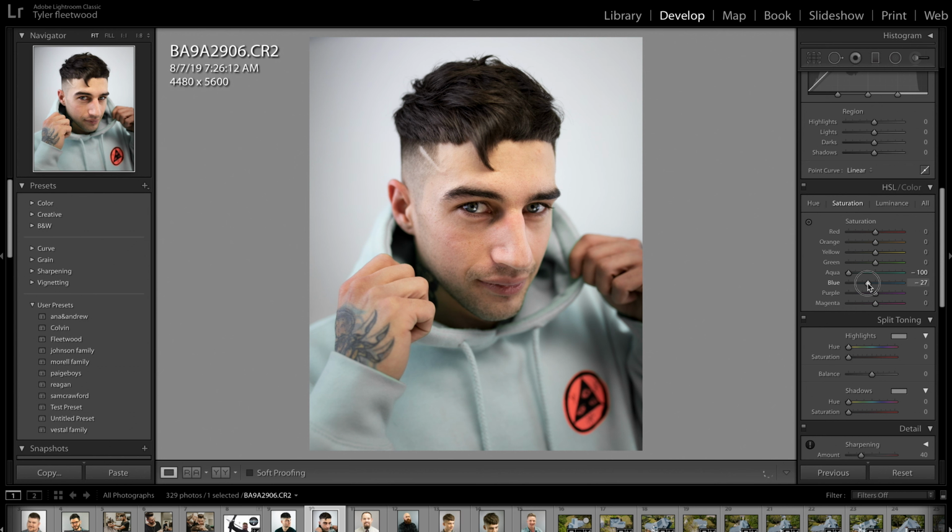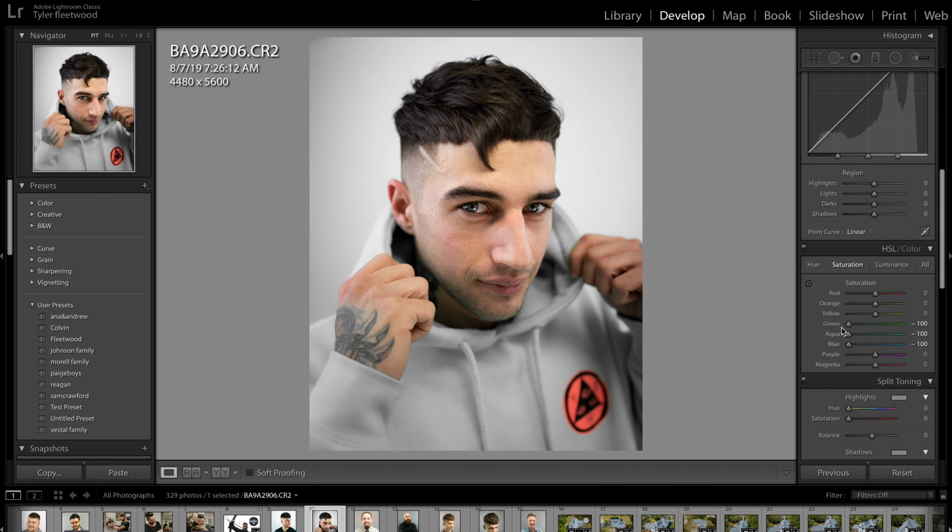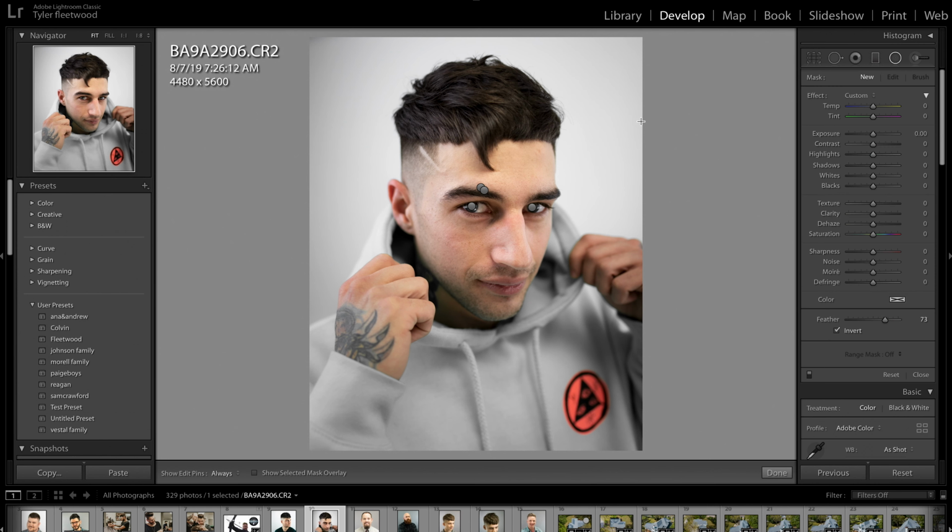We got this blue. Obviously, if you take the blue all the way down, then that's going to happen too. It's going to get grayer and grayer. We drop our green a little bit because you can see there's green right in his hoodie right there. We can take the green all the way down. The only problem with that is whenever we did that, it's likely that it affects his eyeballs a little bit. So what we can do is we can probably go back up and we can click our little masks here, and we can